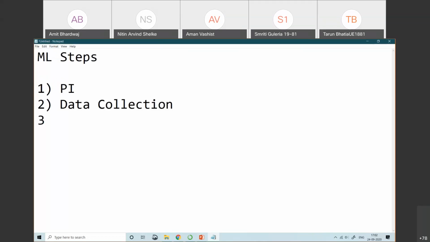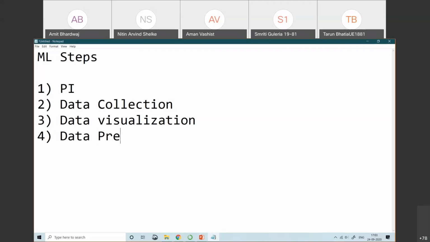The third one that we have, you can go with the data visualization. And the third and fourth you might swap. Okay, so you can change that one. Data visualization, and after the data visualization you can do the data pre-processing.